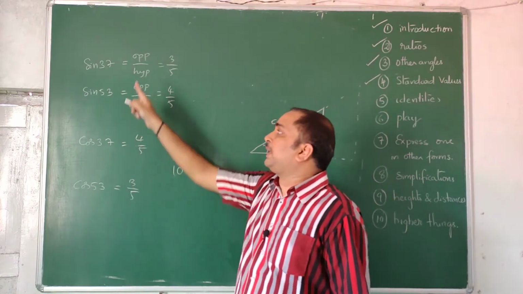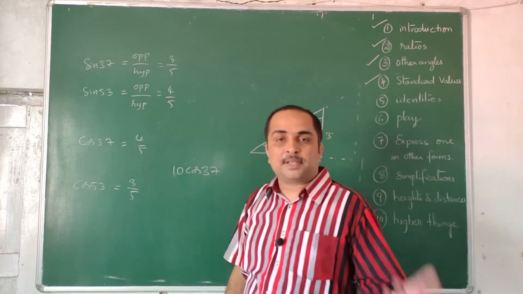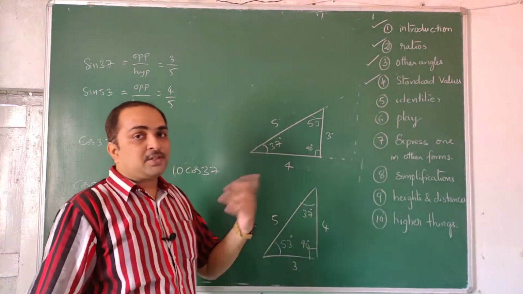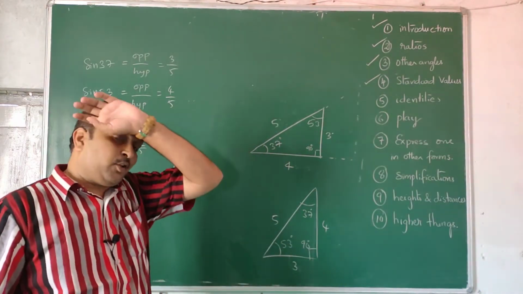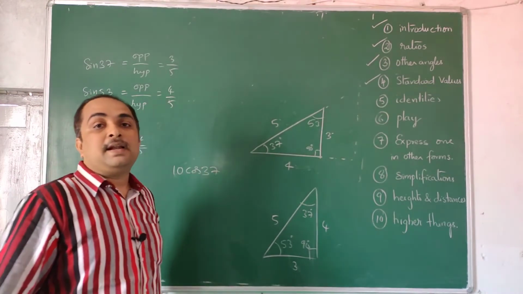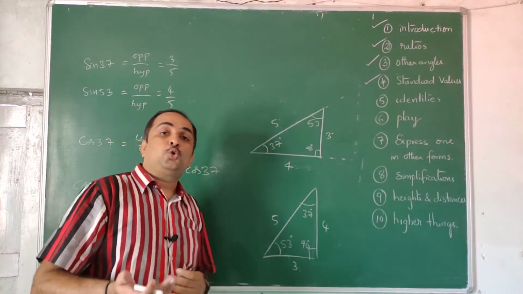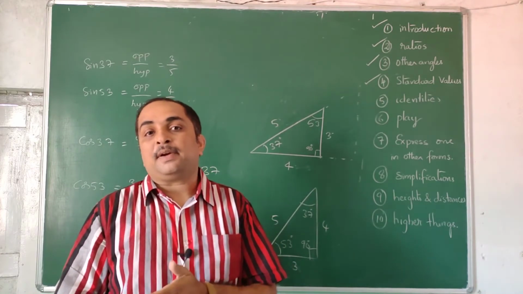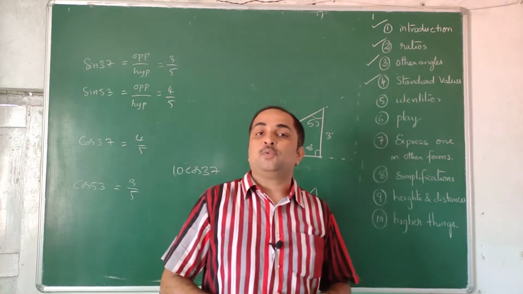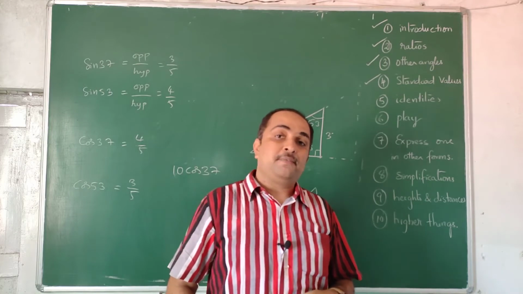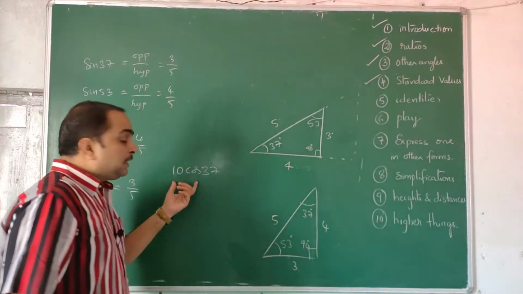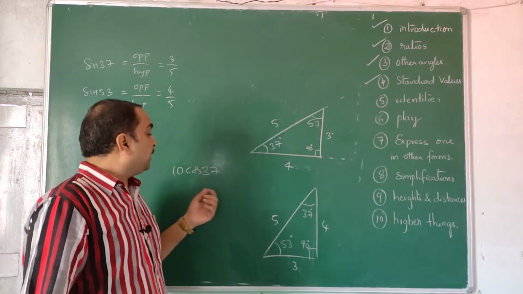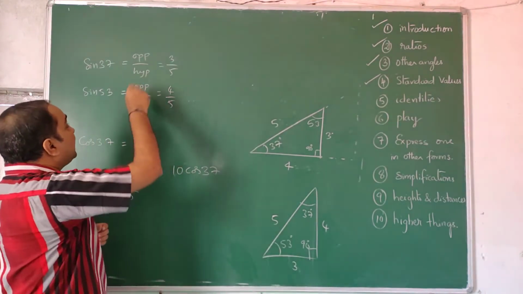Actually, usage of 37 and 53 trigonometry in physics tremendously reduces the other part, because just before this I talked about standard values 0, 30, 45, 60, 90. There, root 3, root 2 kind of things are involved. For one angle, half is involved, for the other angle root 3 by 2 is involved. Dealing with root 3 and all is difficult. So for a problem setter framing a problem and for a student solving it, it is easy and convenient when they use these angles.